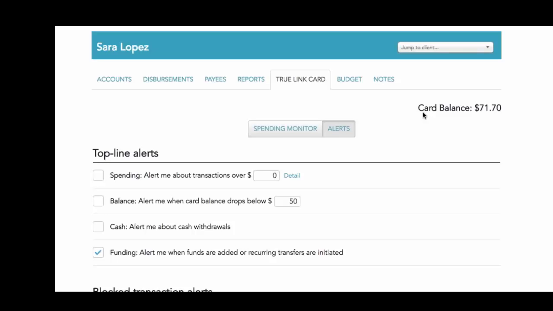Oh, I was going to say, on that note, I should give you a warning, which is that at the NAILA conference in Denver earlier this year, one of the attorneys there who uses the TrueLink card came up to me and said that he needed to warn us that the person he set up a card for has started proposing marriage to him because she's so happy with the TrueLink card. She said she just wants to marry him. So that was an unforeseen risk. Okay, well, I think Mrs. Dale will take care of that.